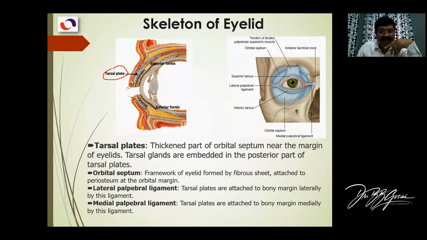The orbital septum I already explained. It is just a fascia. Then there is the medial palpebral ligament and the lateral palpebral ligament. They are for the support of the eyelid. So this is the skeleton of the eyelid. Most important is the tarsal plate, which is the thickened part. Some people can evert the eyelid and turn it. I cannot, I will have to try. But some people can immediately lift the eyelid and turn it. This is against the upper edge of the tarsal plate, at this point. You can evert the eyelid.